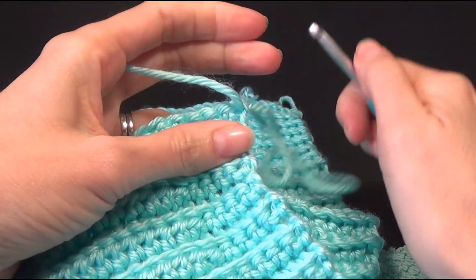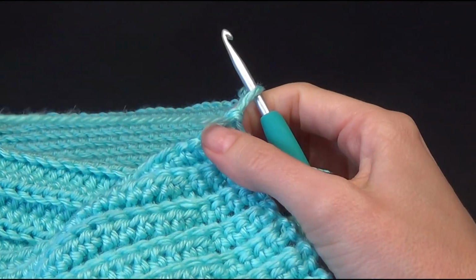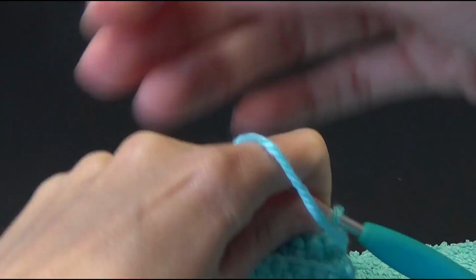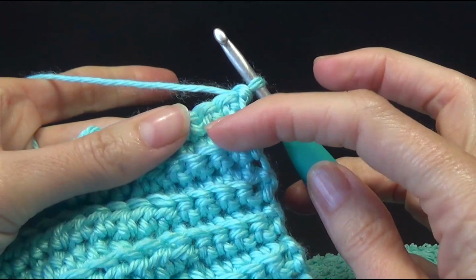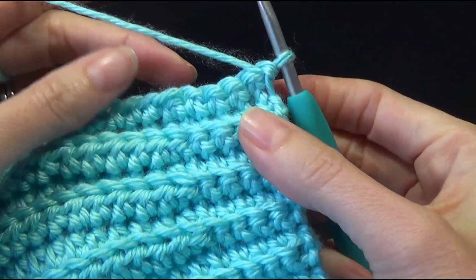Because the last row we need to work through both loops. And the reason that it sounds odd, I know, but the reason that we do this is so that when we sew it together, it creates a fake rib. So the ribs are here, if we don't do another row,